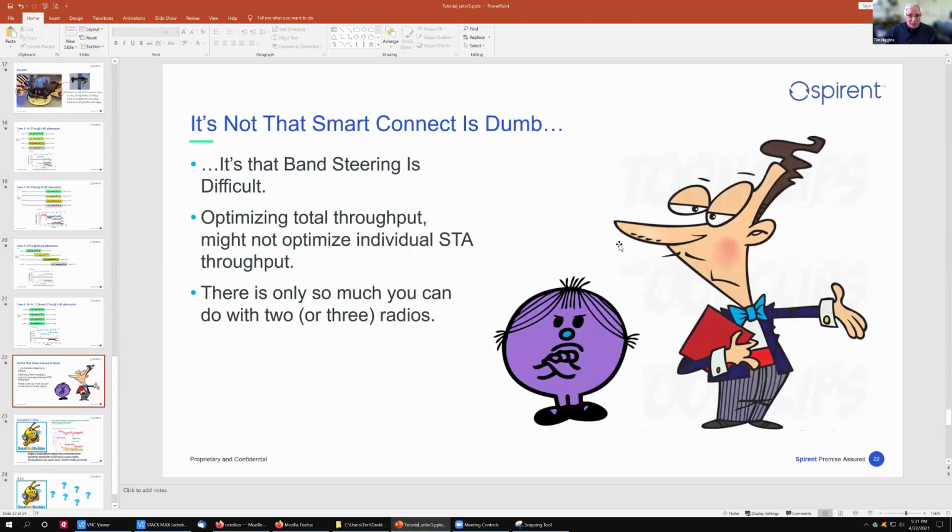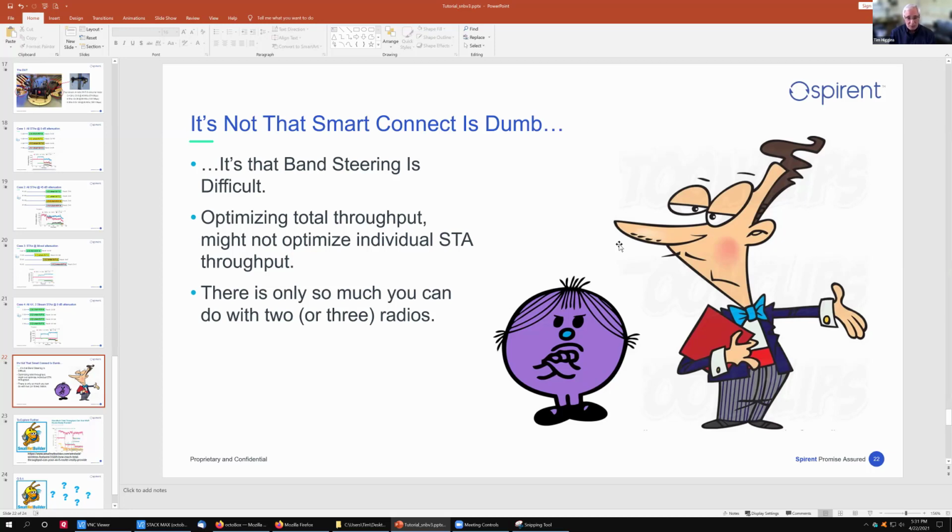Sort of the final thoughts: it's not that Smart Connect is dumb, but band steering is a pretty difficult job. Again, defining fast and slow is difficult. I'm glad I don't have to do it. I'm also glad I'm not the person writing the airtime scheduler for these products, because we didn't even talk about OFDMA and MIMO and airtime fairness and all the other different things the scheduler handles, and also traffic.